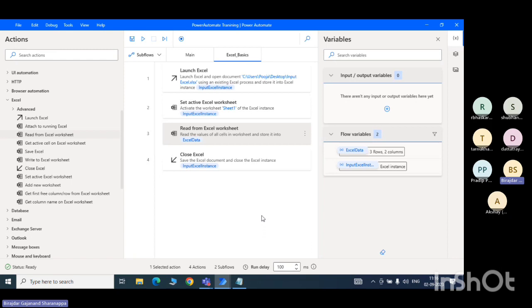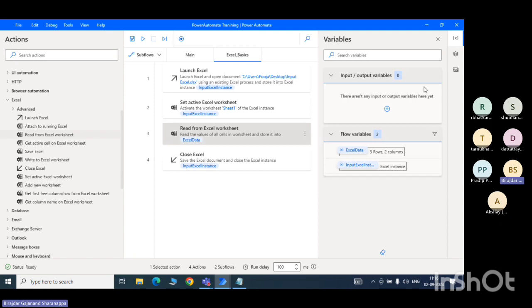Even though few data is available and few columns and rows are not having data, it may be that they will come up in the data table when you read the data. Ideally, those columns or rows should not come up. Whatever rows and columns have data, those should come up in the output variable. But in some instances, even though data is not there in some columns as well as rows,